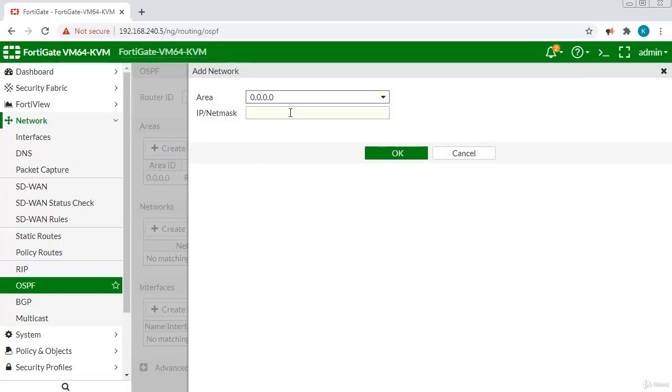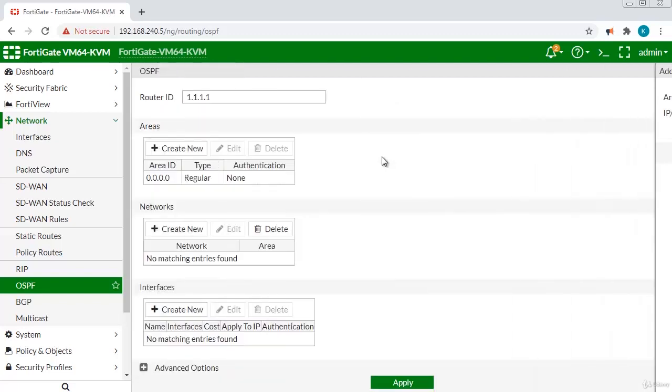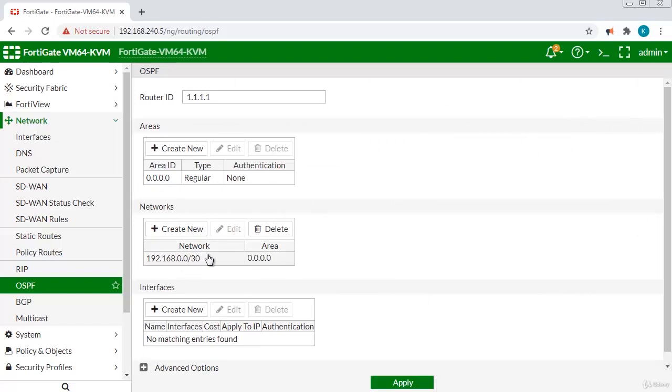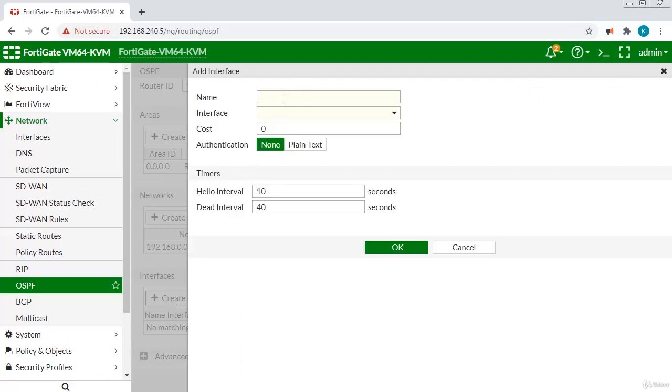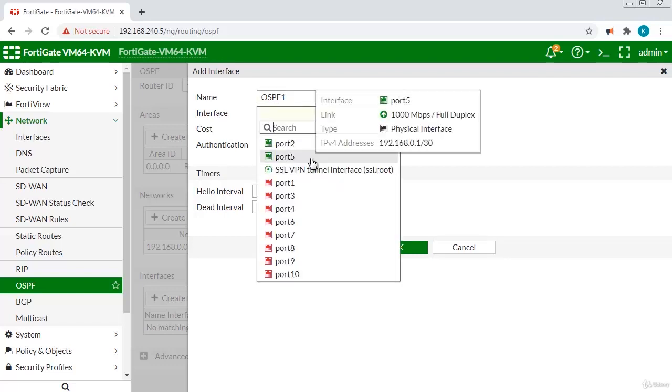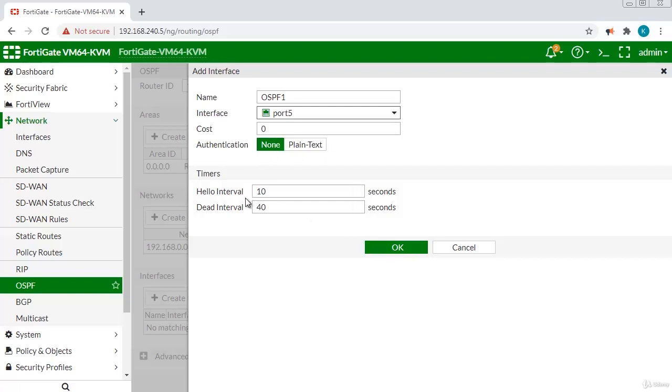It is in area 0, and the network interface will be 192.168.0.0, that is the network /30. That is the network that will be advertised. I have to select an interface through which the OSPF will be advertised. So I'll give it as OSPF1. You can give any name, then select the interface. I have configured that IP on interface port 5, which is connected to the Cisco router, and leave it like this: